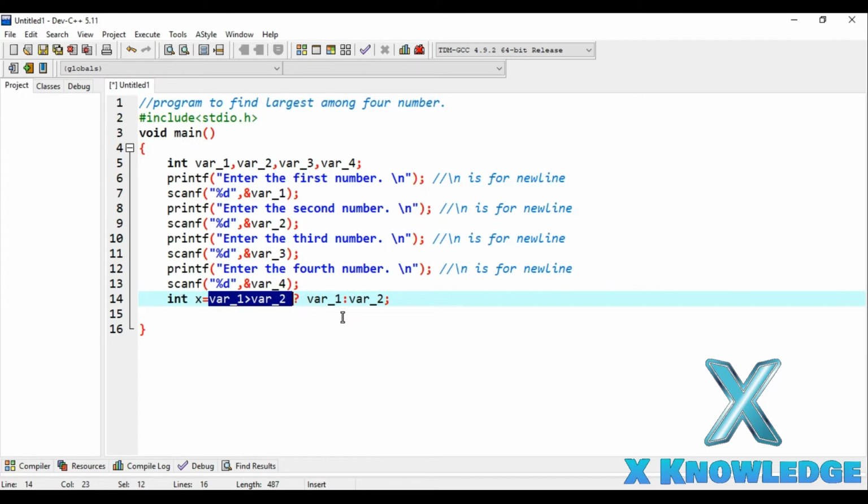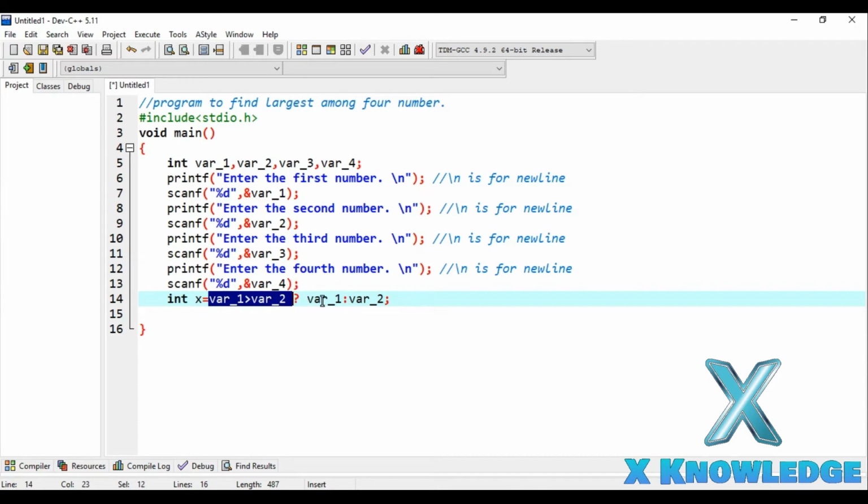All right, this is parallel to the if else statement because, like we write the condition in the if block, and if the condition gets true, then the statement inside the if block gets executed. And if the condition gets false, then the else block statement gets executed. The same thing is happening out here.